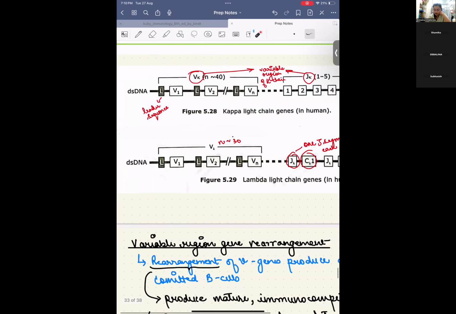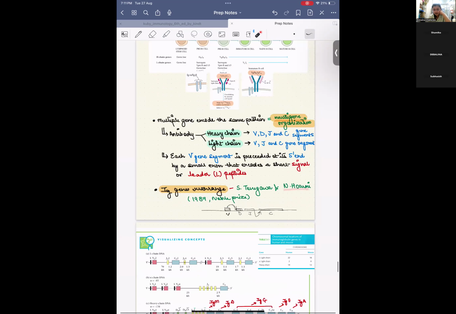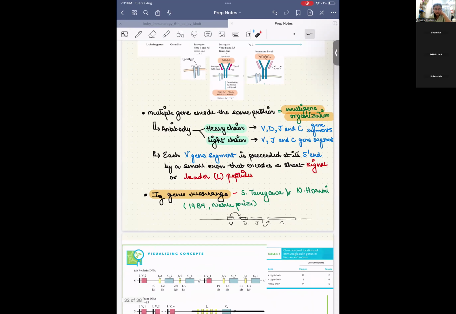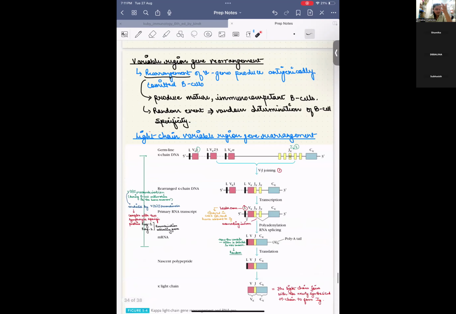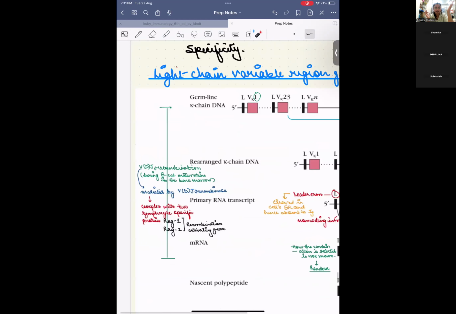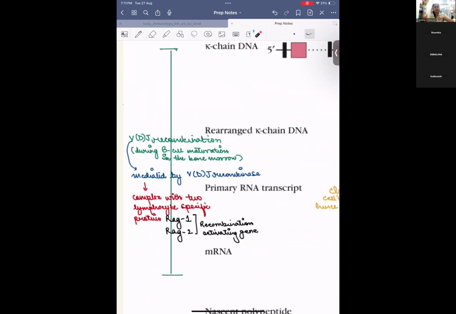This was discovered by S. Tonegawa and N. Hozumi. Tonegawa was also given the Nobel Prize for this concept. He worked to show that it can rearrange, I think using Southern blots to show what different combinations are coming up. Today it's comparatively easier to do with the sequencing techniques available. But he laid the foundation for the discovery of VDJ recombination that happens during B cell maturation